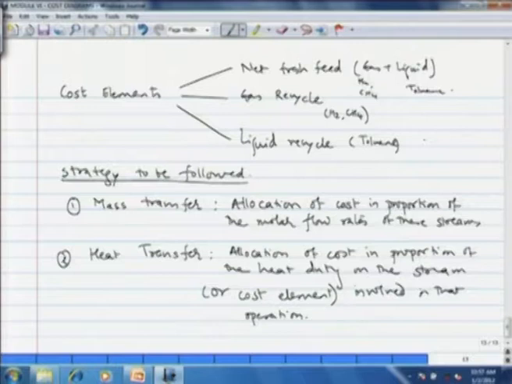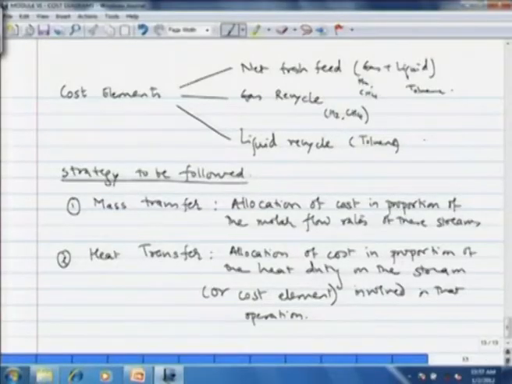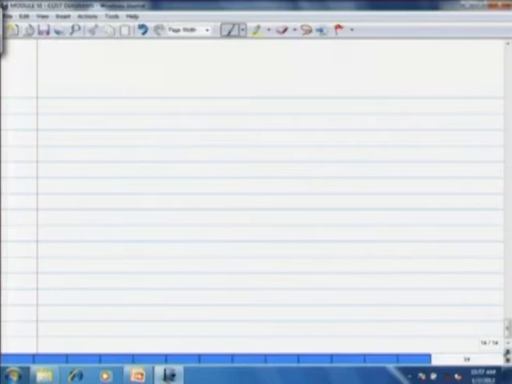Now, if we have to do this, we have to first do the material and energy balance so as to find out the net distribution of the net molar flow rates and the heat duties. Okay. Now, what I am giving you now are the direct numbers, okay, but we have seen these numbers. It is a HDA process. We have done the material and energy balance previously. So, these numbers you can very easily calculate.